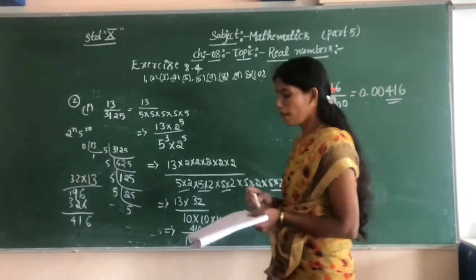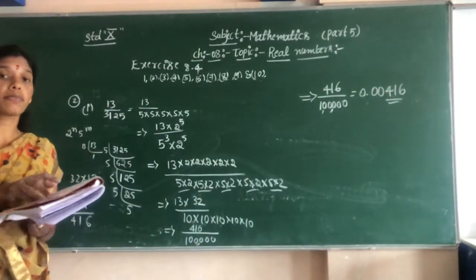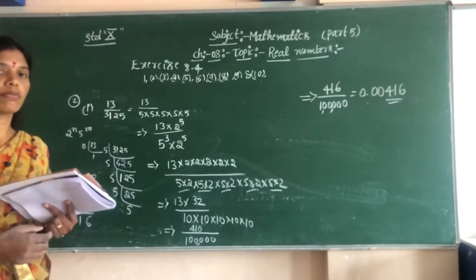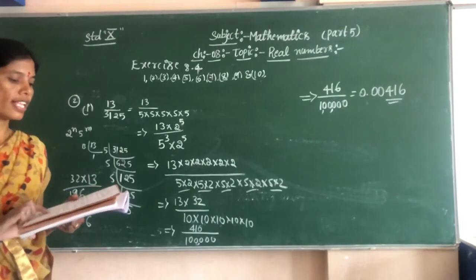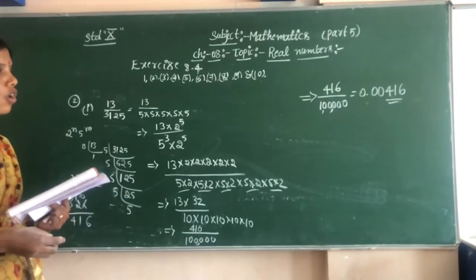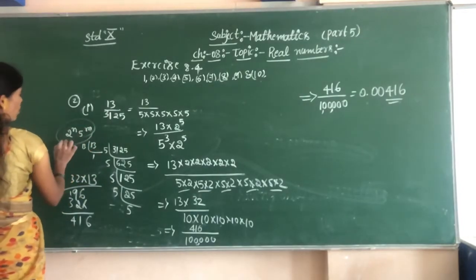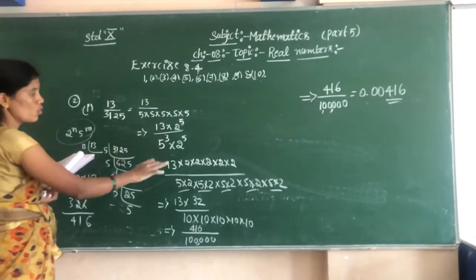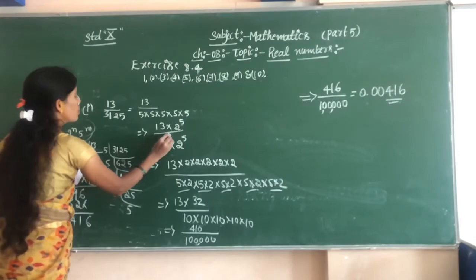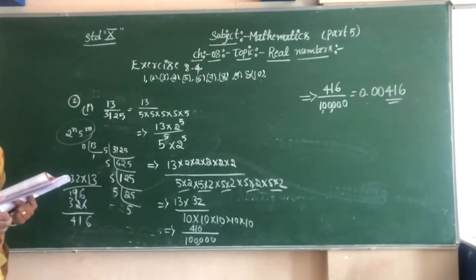Which one is terminating? Which one is a decimal expansion, and which one is non-decimal expansion? You only check it. Problem 8 is also homework, problem 9 is also homework. Okay children, this is one of the extra methods. To the power of n, whatever is coming, you should put that. So sorry, 5 to the power of 5 now. Okay, 5 to the power of 5. You should put the values.